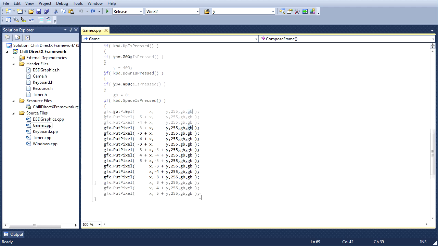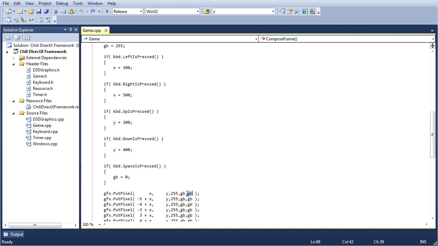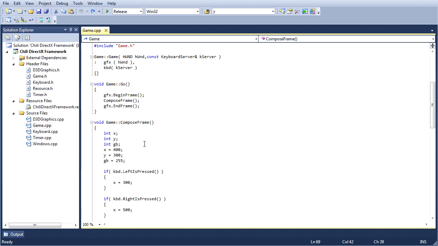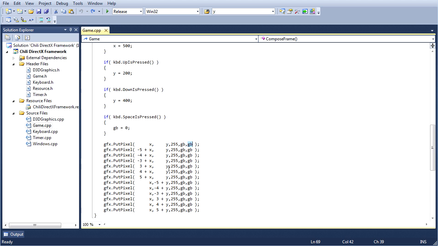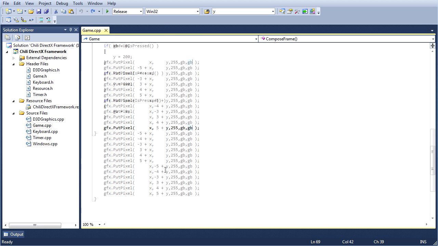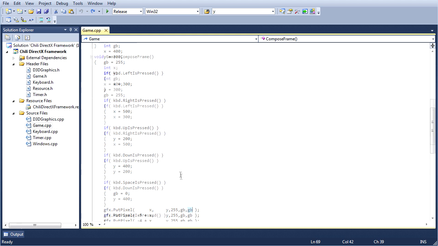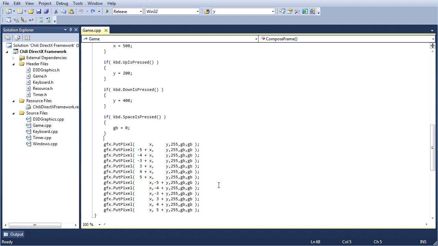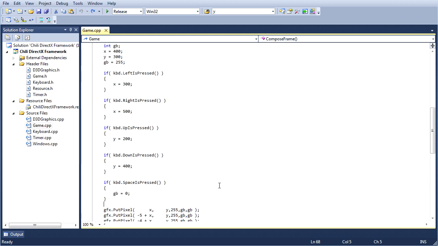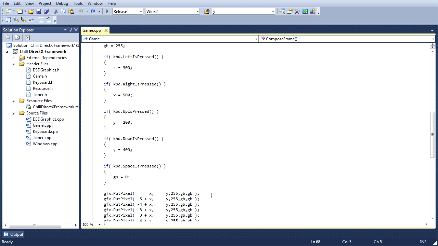Very simple. I hope you did something similar. You might have used two different variables, one green and one blue, which is fine. Doesn't really matter, but I chose to use one and save the space. And that was the assignment. That was last lesson. Now in this lesson,